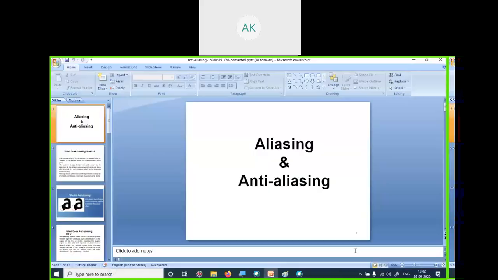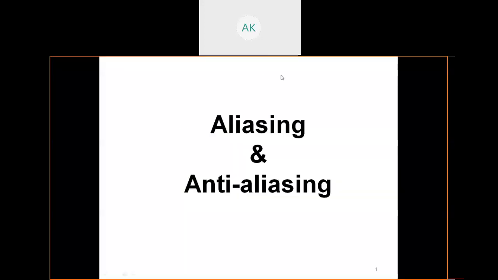So our next topic, today's topic, is aliasing and anti-aliasing.